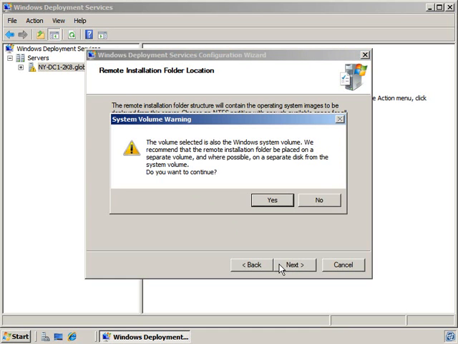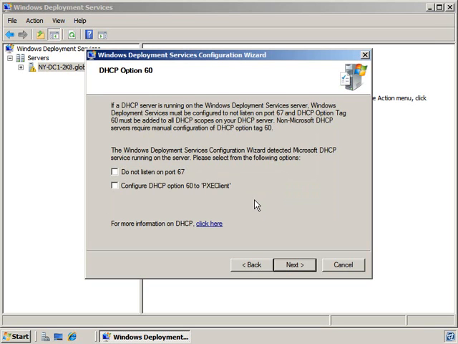And you'll see here that it says the volume selected is also the Windows System volume. It's not recommended to do this. Are you sure you want to do this? Yes, I'm sure. Now, this next screen has to do with the fact that this computer is also our DHCP